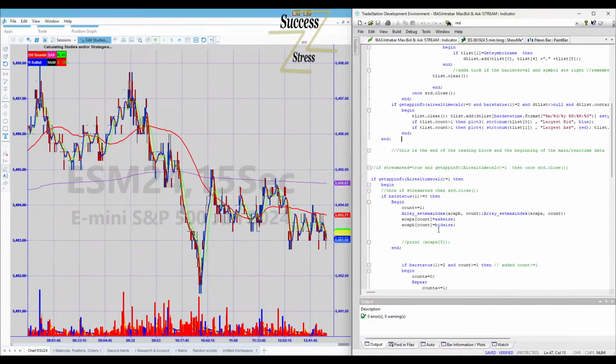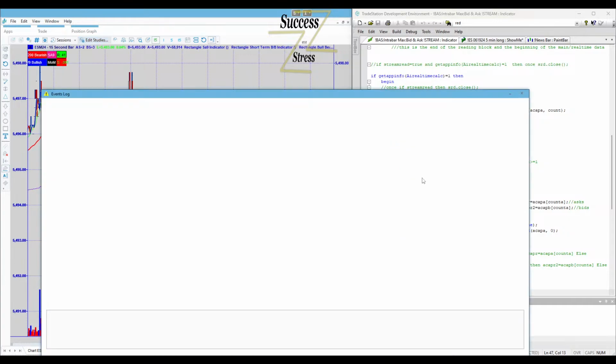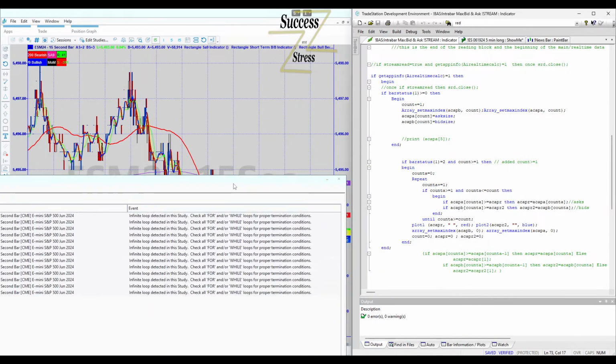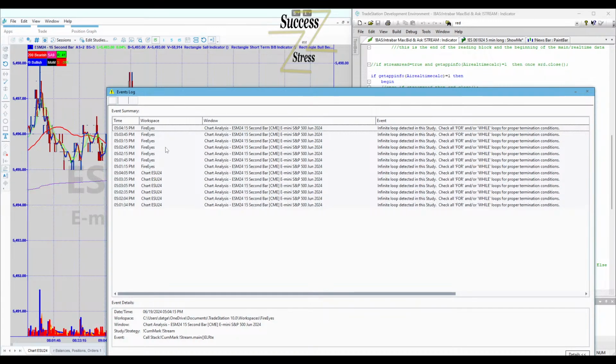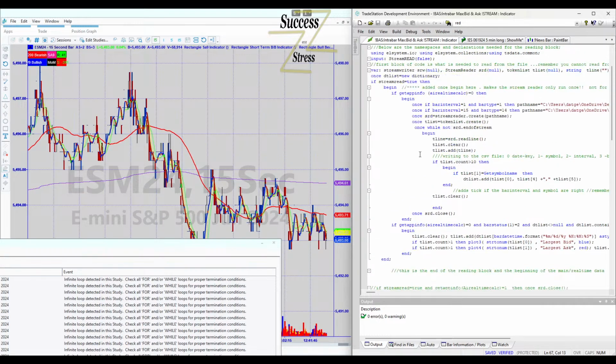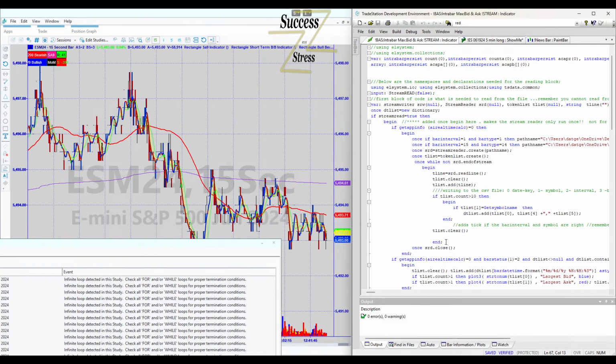Ah, man. Yep, there we go. Infinite loop just detected. So, whew. But again, I have the 15-second time frame going up on two different charts. But it was fine when I pulled it up for the first time today. It was fine. It was just trying to start it back up this second go round